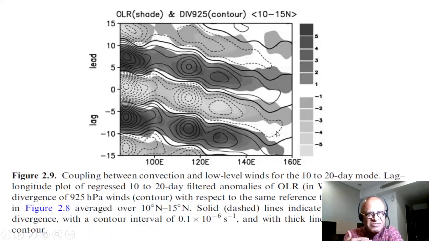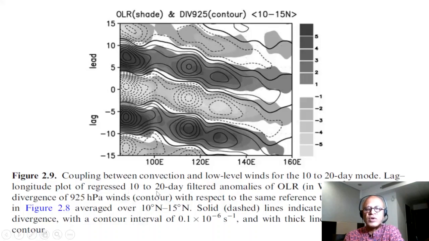There is all this averaging which corresponds to where the maximum signals are, and these kind of strong signals at intraseasonal timescales also indicate, including that high standard deviation compared to the interannual anomalies, means predictability is potentially high because the signal to noise ratio is high at intraseasonal timescales. So the coupling between convection and low-level winds for the 10 to 20-day mode, lag longitude plot